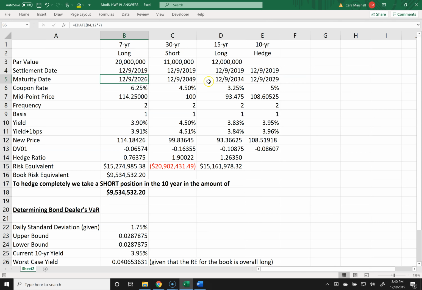So we've got our settlement dates, our maturity dates, coupon rate was given, midpoint price was given, frequency, I'm assuming two payments per year on the coupon. That's typical for corporate bonds, but in the US, basis code. And so I'm calculating the yield, just given the yield equation that we used in class. Then I added 1 basis point to that yield to come up with a new price, to recalculate the price. And so that's going to allow me to come up with the DV01, just subtracting the new price minus the old price